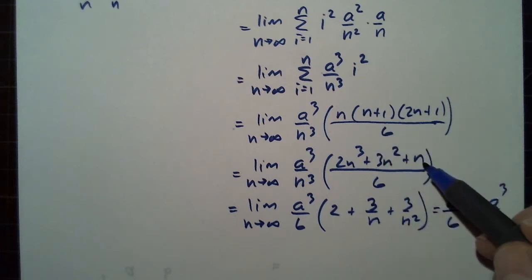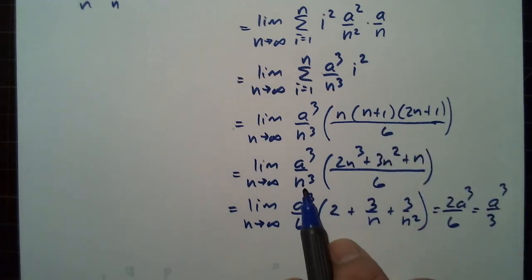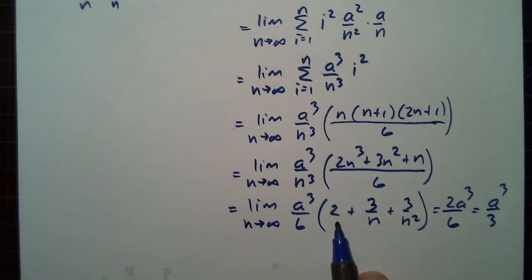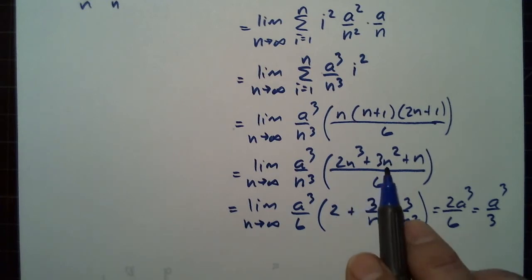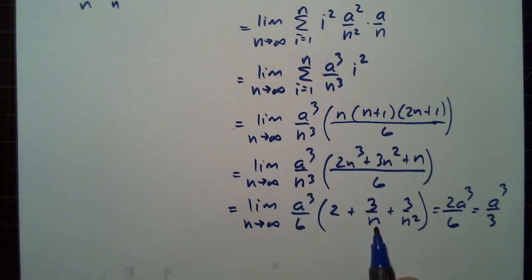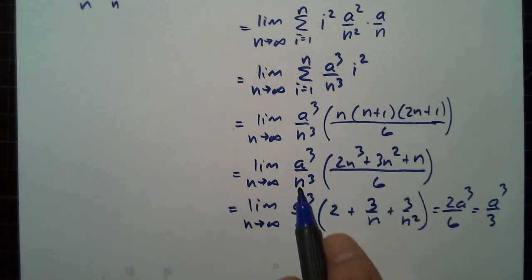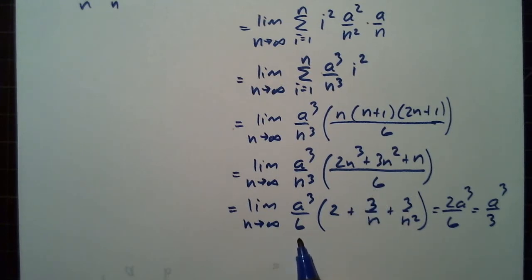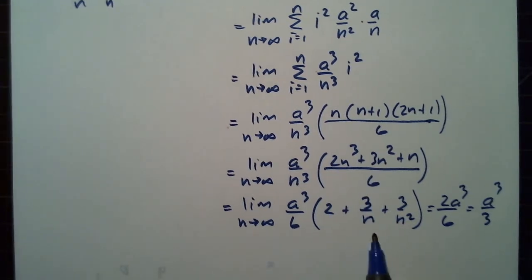This expands to that. And now let's put n cubed under each of these. So n cubed under n cubed gives us 2. If we divide this by n cubed, we have 3 over n. Divide this by n cubed, we have 3 over n squared. And just put the 6 out in front. As n goes to infinity, that's 0 and 0. So we have 2 over 6, a cubed. And we get a cubed over 3. But,